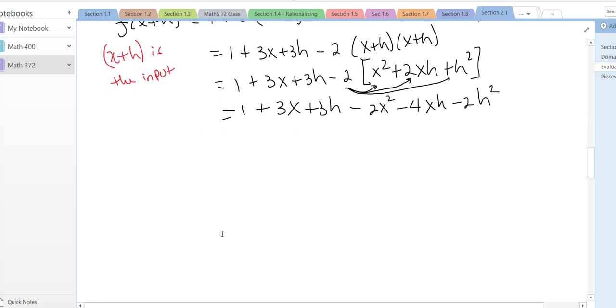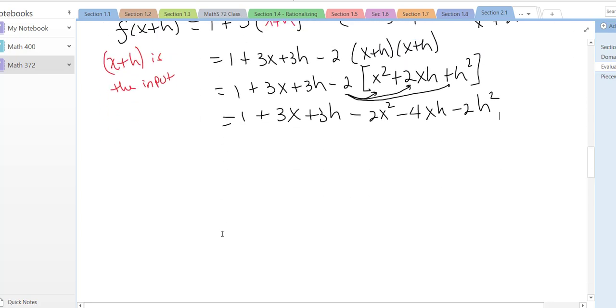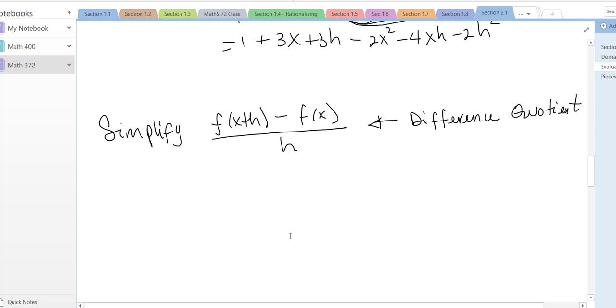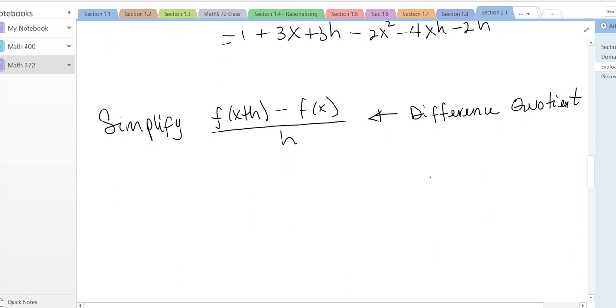And so when we talk about the difference quotient, one of the things you might be asked to do is to simplify f of x plus h minus f of x all over h. And this quantity is called the difference quotient. And it's really the slope of a line. So if you have a function, any function, f of x,